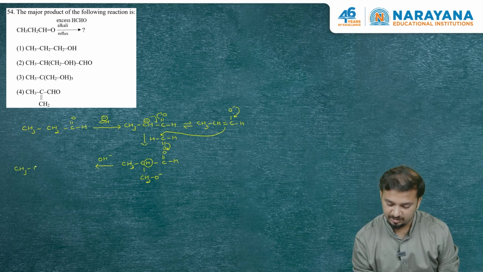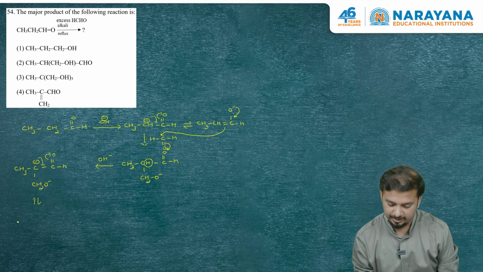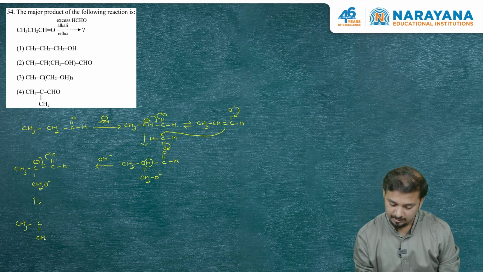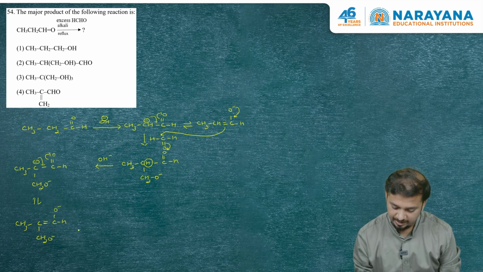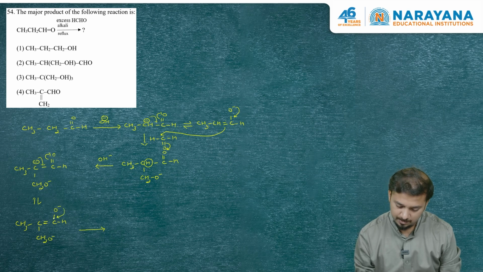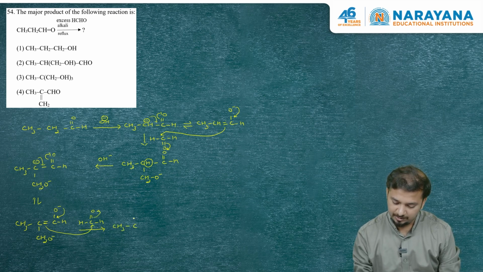So let me write it as CH3C negative, CH2O negative, C double bond OH, and the enol form of this molecule will look like this: CH3C, CH2O negative, and this side we have C double bond C, O negative and H. And after this, enol form of this molecule will attack on another molecule of HCHO. So pi electron will attack on this. So it will be converted to CH3C, CH2O negative, CH2O negative and C double bond OH.